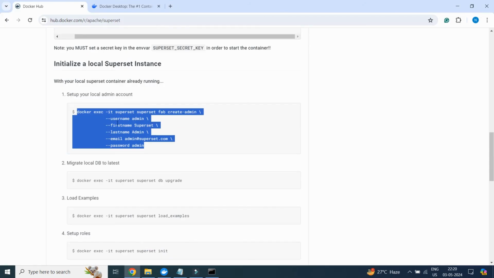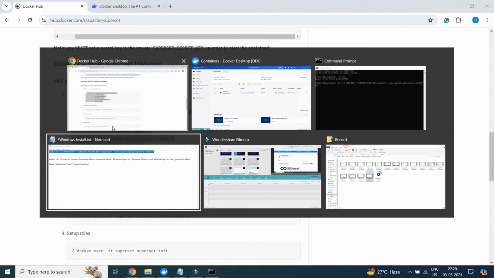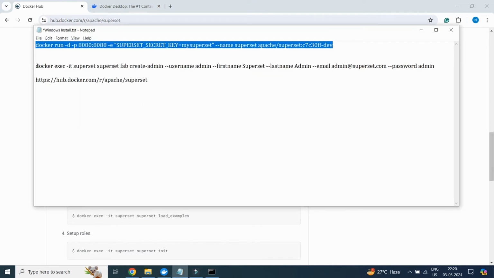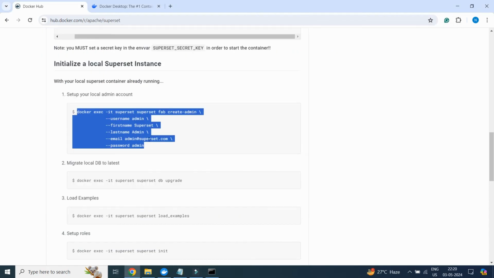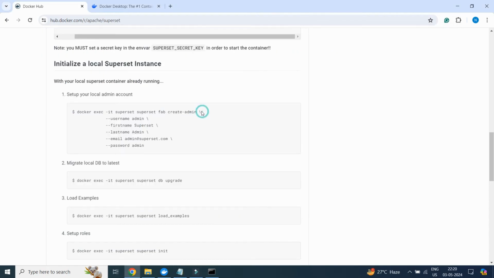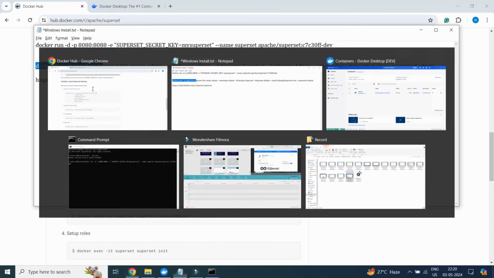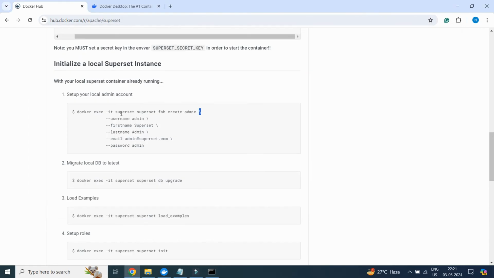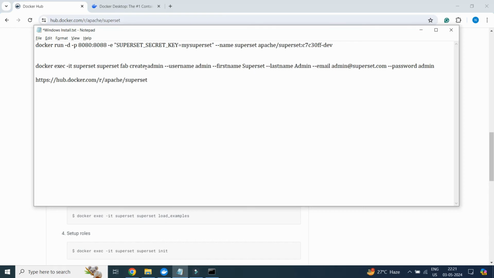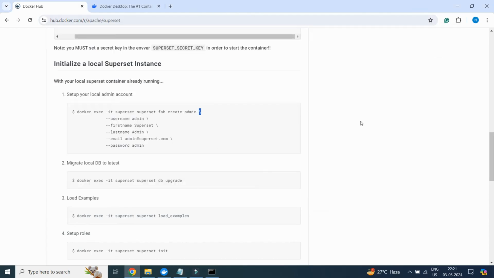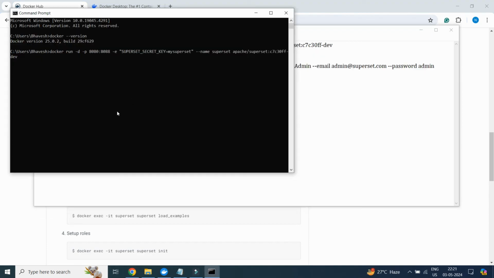So the command I want to specify for you is to remove the backslash and write it in a single line: docker exec -it superset fab create-admin, username as admin, first name as superset. Since it's a Windows machine, we need to specify it in this way.